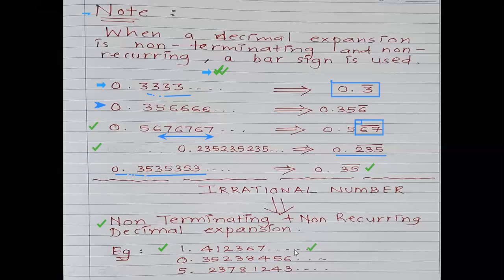It does not terminate. But at the same time, no number gets actually repeated also. So no number over here in the first one is also getting repeated. As you can see, 4, 1, 2, 3, 6, 7. The different set of numbers not even getting repeated. If you could see the next example, which is